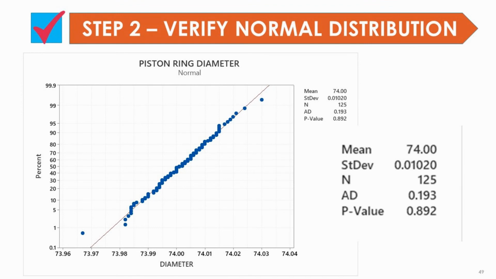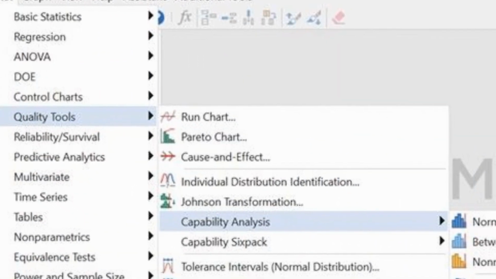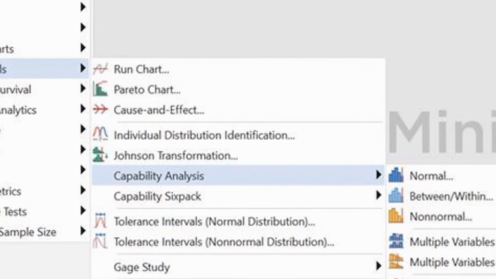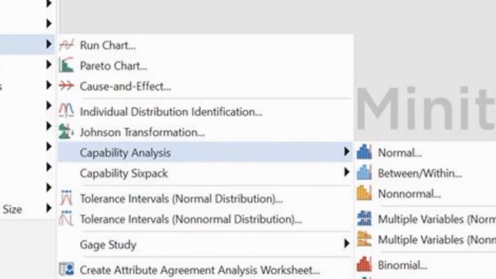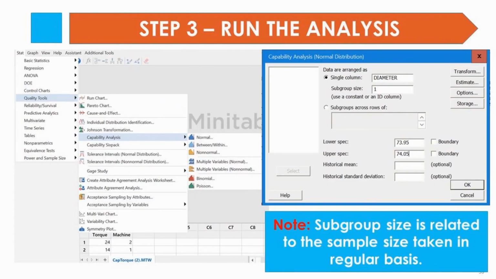This is a beautiful process. Let's run the analysis. Really, I love Minitab because it's very easy to do this analysis. So let's go for Stat, Quality Tools, and we are going to select the Capability Analysis Normal. In the Capability Analysis Normal, what we are going to select now is going to pop up this window of menus. We are going to select the